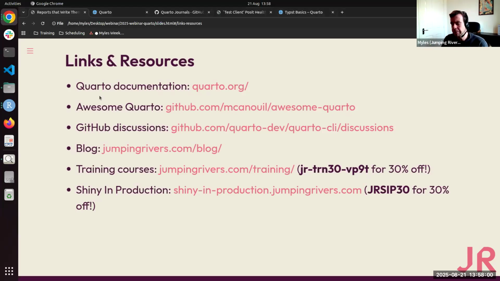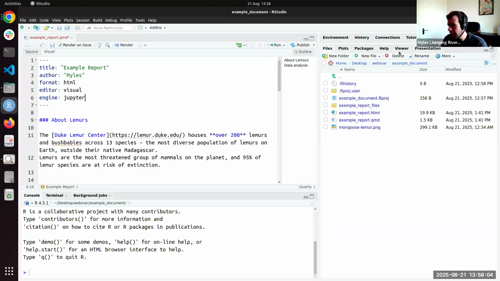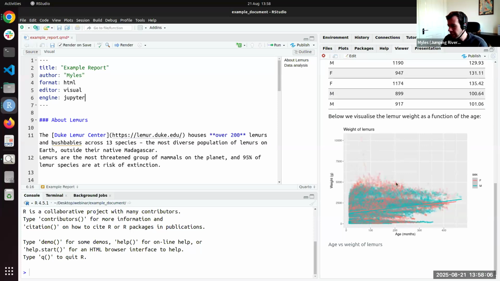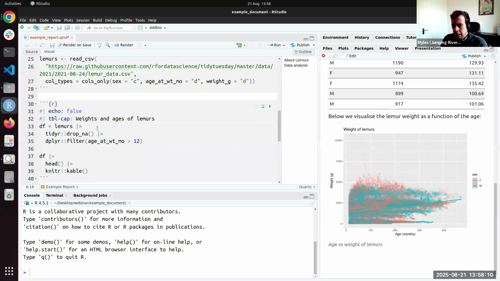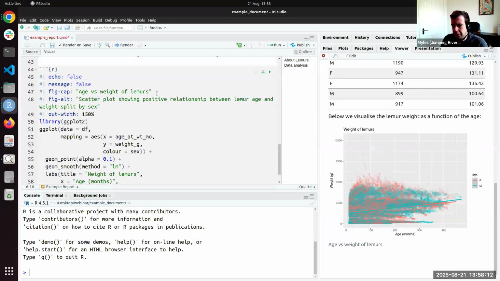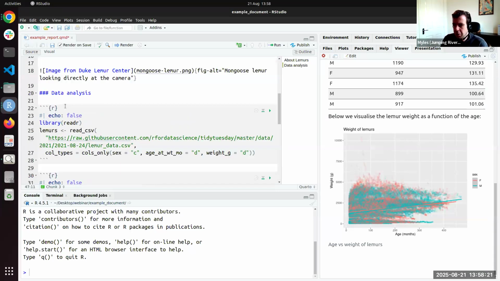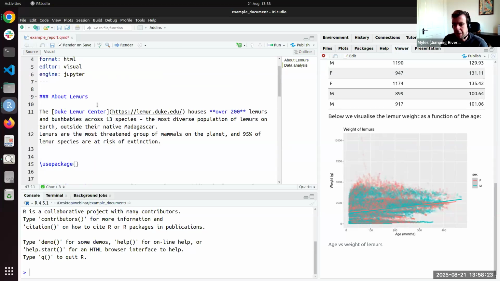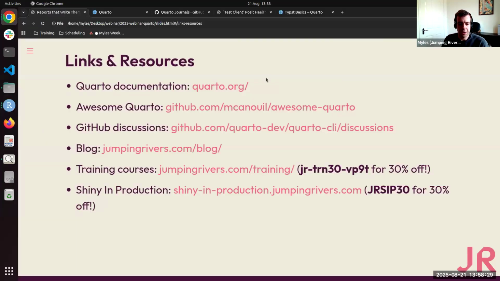Whenever you have a code chunk that's used to produce a plot, like the plot I've got here, I was able to insert a caption for that plot. And the way that you insert a figure caption is you just use the fig cap code chunk option. If my output format was Word in this case, that would automatically add the captions to that Word document. Yeah, there's a lot of ways to work with Quarto and Word at the same time.